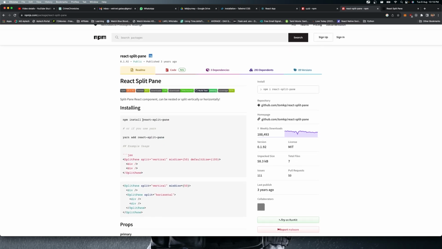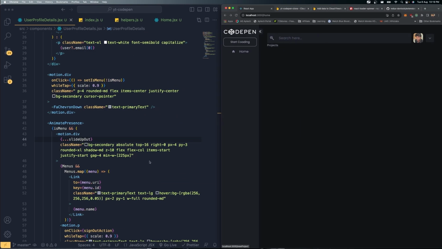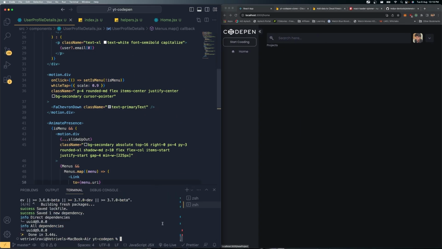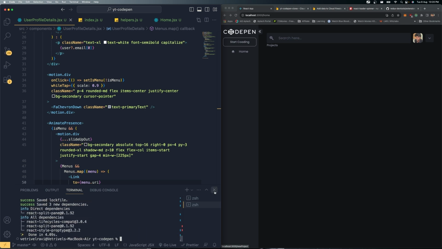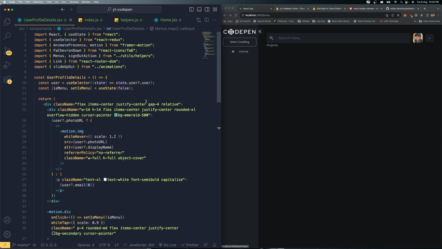Cool. So now I need to copy this. Let's go here and say yarn add, and paste this. So let it download successfully. Now it's downloaded. All right, then let's move to the top location over here, and from here now what we need to do is